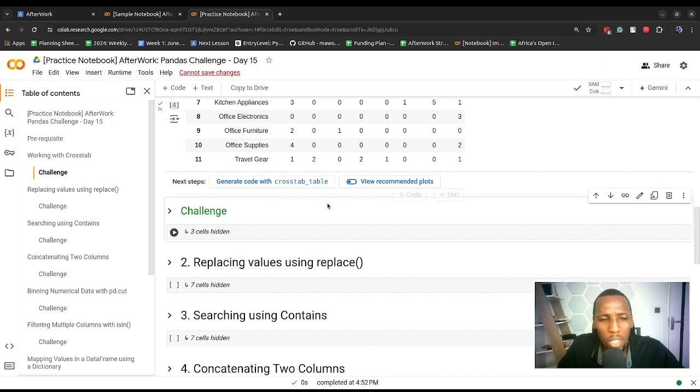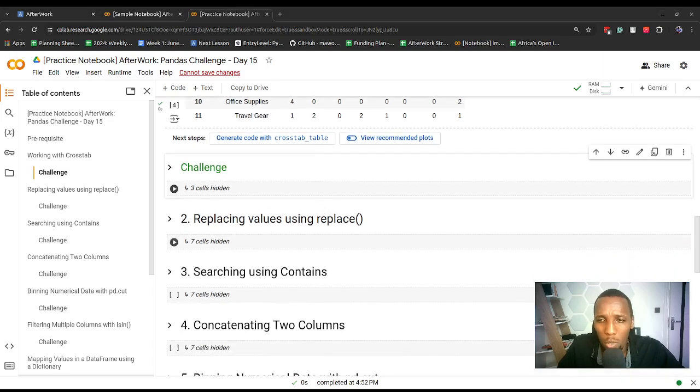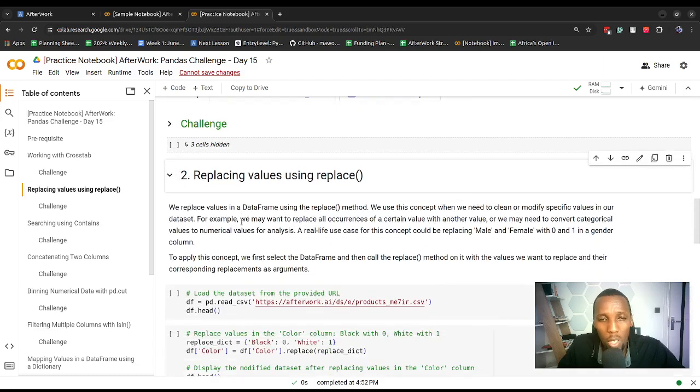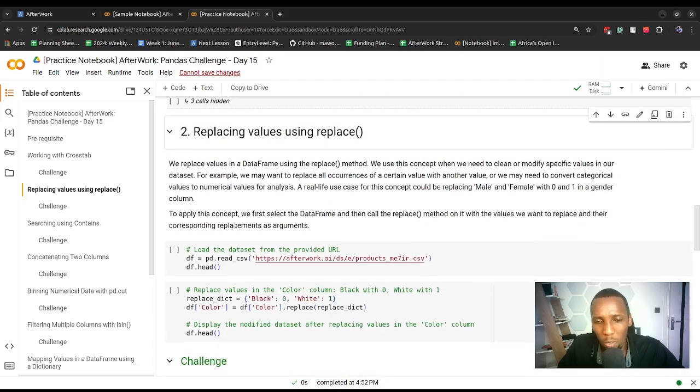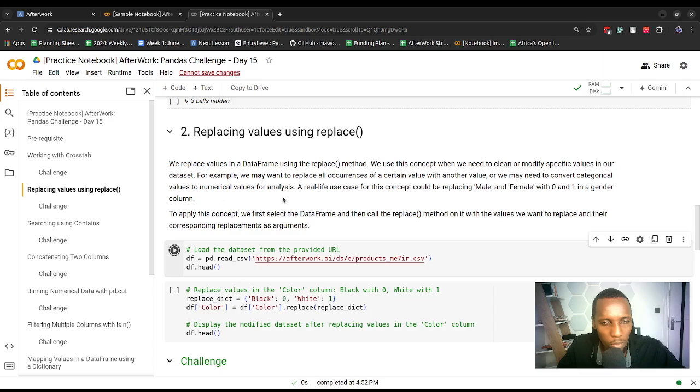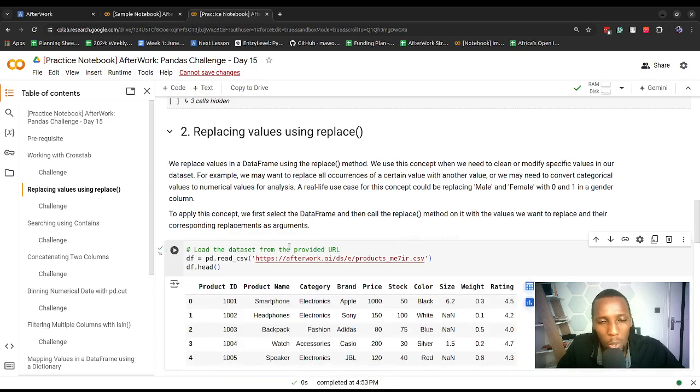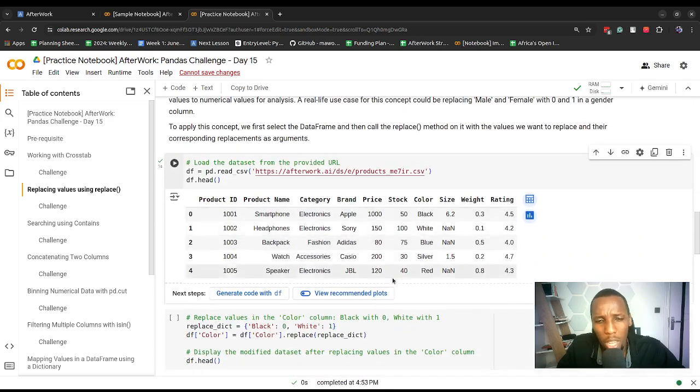All right, moving on. In some cases where we are working with raw data, we might want to replace some values, and we can use the replace function to replace values within a particular column or a row. Assuming that we had this example, we wanted to replace the color values that we have here with numbers, maybe for answering a research question or for building machine learning